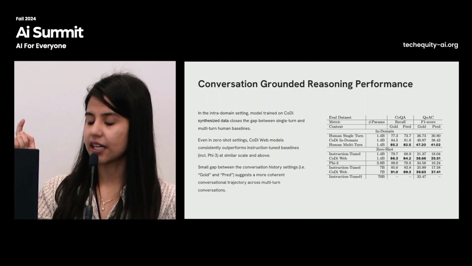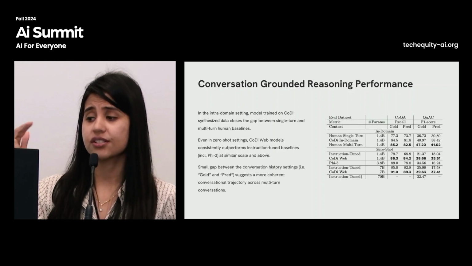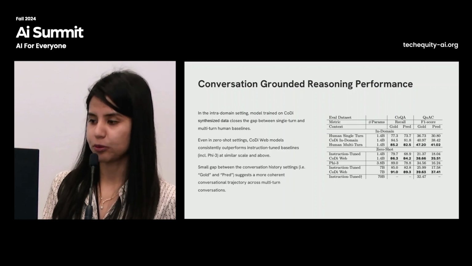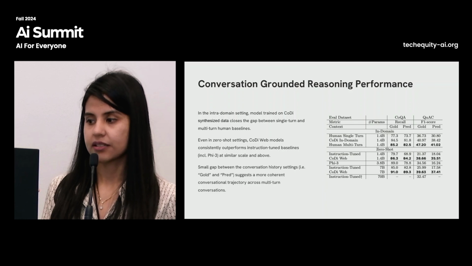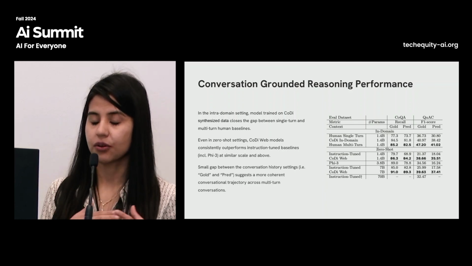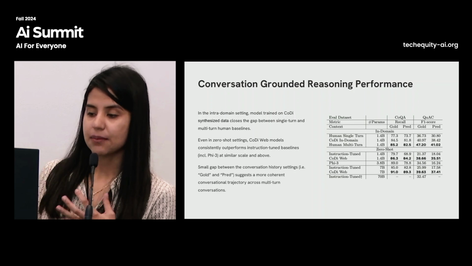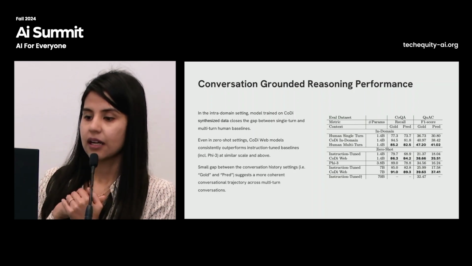If you look carefully, there's a marked difference between training just on the first turn versus multi-turn, or even only on human data. But our model is able to get very close to human performance. So that's kind of showing that we are at par, in some sense, with what humans can generate.